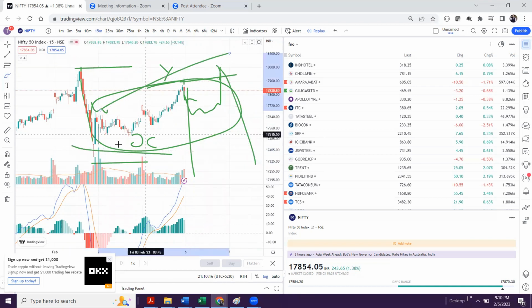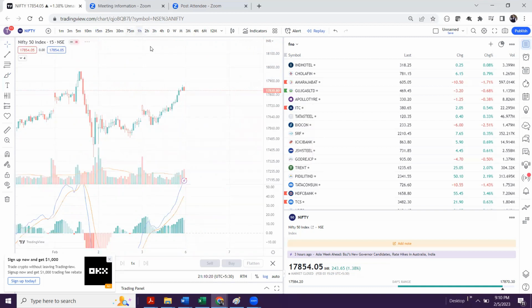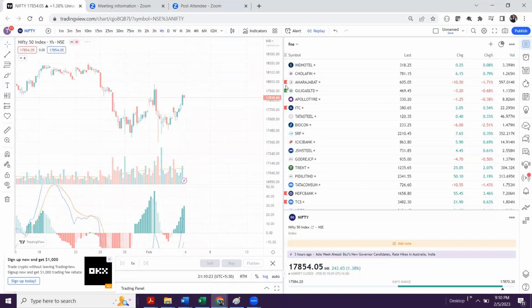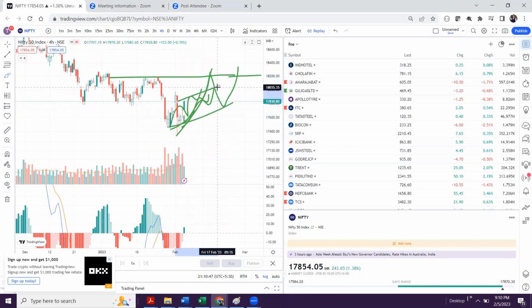However, if it has to go up, what are the bullish possibilities we have? If this 18,200 is cleared on the upside, then that will be a trend change on the hourly. We will get a higher high also. So if you get a good bullish pattern here like this, then in the coming days the market will get bullish. However, if it keeps on moving slowly, you should always expect that this is a continuation of this way.